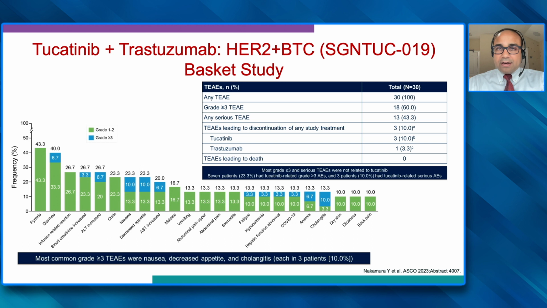The side effect profile is very similar to what was seen with metastatic colorectal cancer in the MOUNTAINEER study. Diarrhea being the most common side effect, but the grade 3 diarrhea rate being still in single digits, around 5 to 6%. And then other than that, there are some infusion related reactions and fatigue.